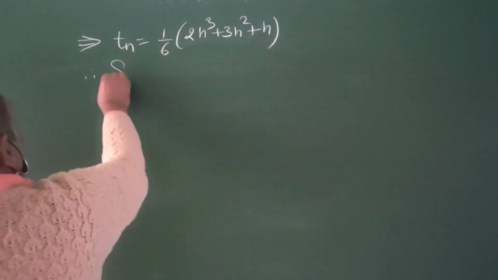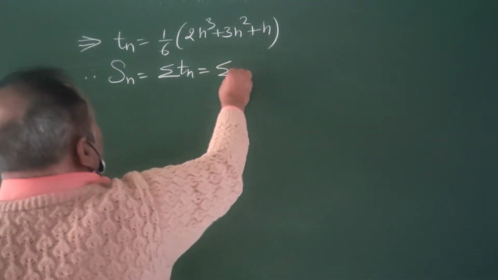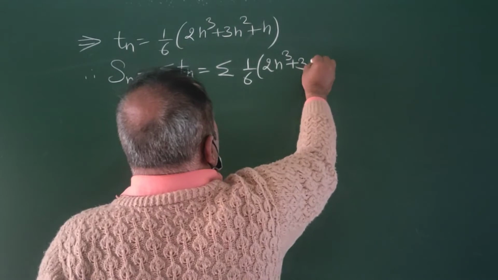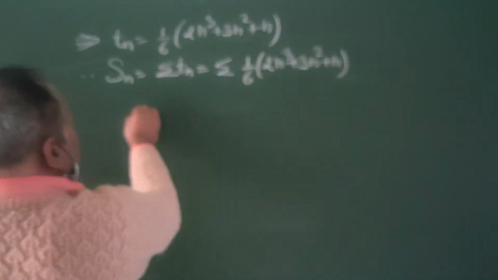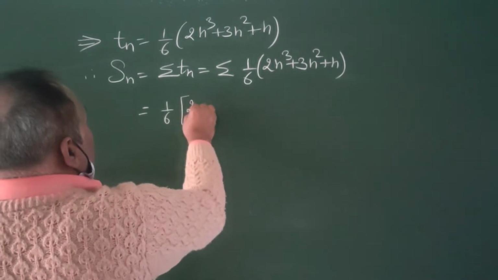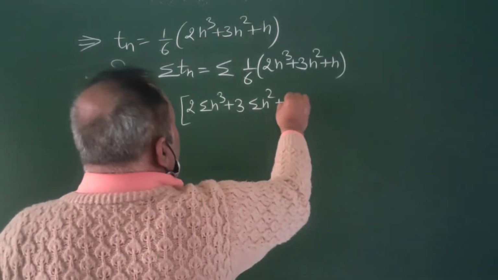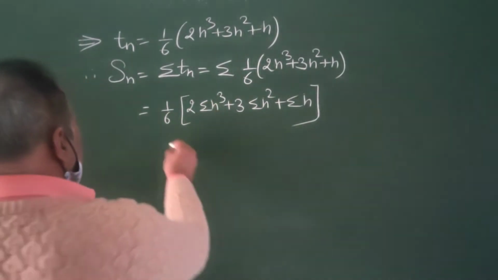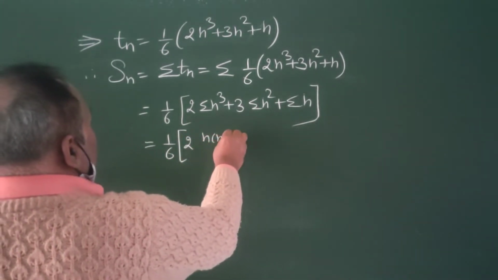Therefore, Sn will be equal to sigma Tn. That will be equal to sigma 1 by 6 into 2 into n cube plus 3 into n square plus n. And it becomes 1 by 6 into 2 into sigma n cube plus 3 into sigma n square plus sigma n. After putting the value of sigma n cube, we get 1 by 6 into 2 into n into n plus 1 upon